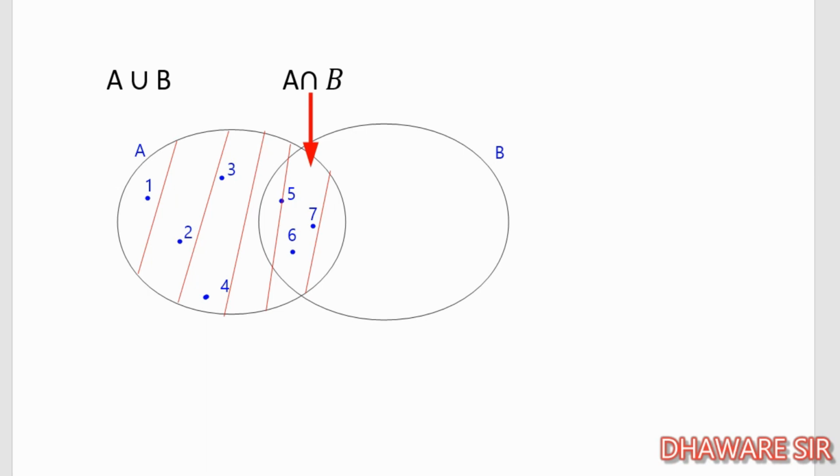Now when we are writing the set B, what can we write here? The common elements between the set A and B, we already wrote here: 5, 6 and 7. Now the remaining elements from the set B we can write here. Let us write down 8 and 9. I think it goes up to 10.